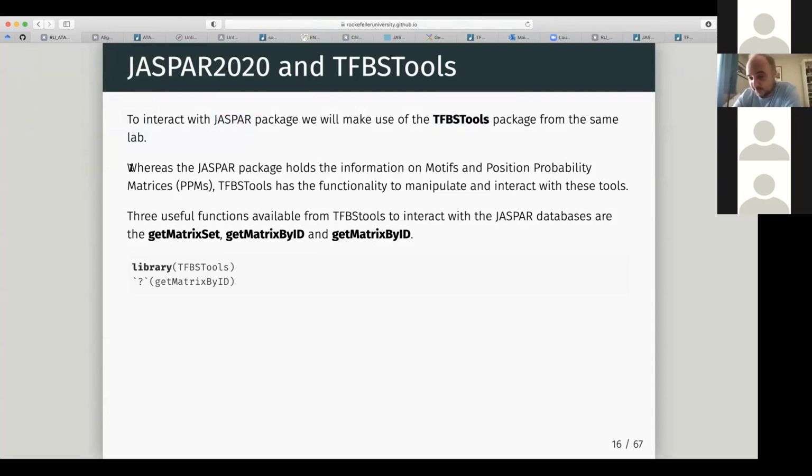And we're going to show you also, there are places obviously to import your own motifs as well. So we'll come to that at the end. So the JASPAR package holds the information on the motifs and position probabilities, and it's TFBSTools which has the functionality to really interact with them. Right? So it's a little bit like TxDb packages and GenomicFeatures, or BSgenome packages and Biostrings, right? On their own, they're kind of useless, but once you have the functionality to interact with them, they become